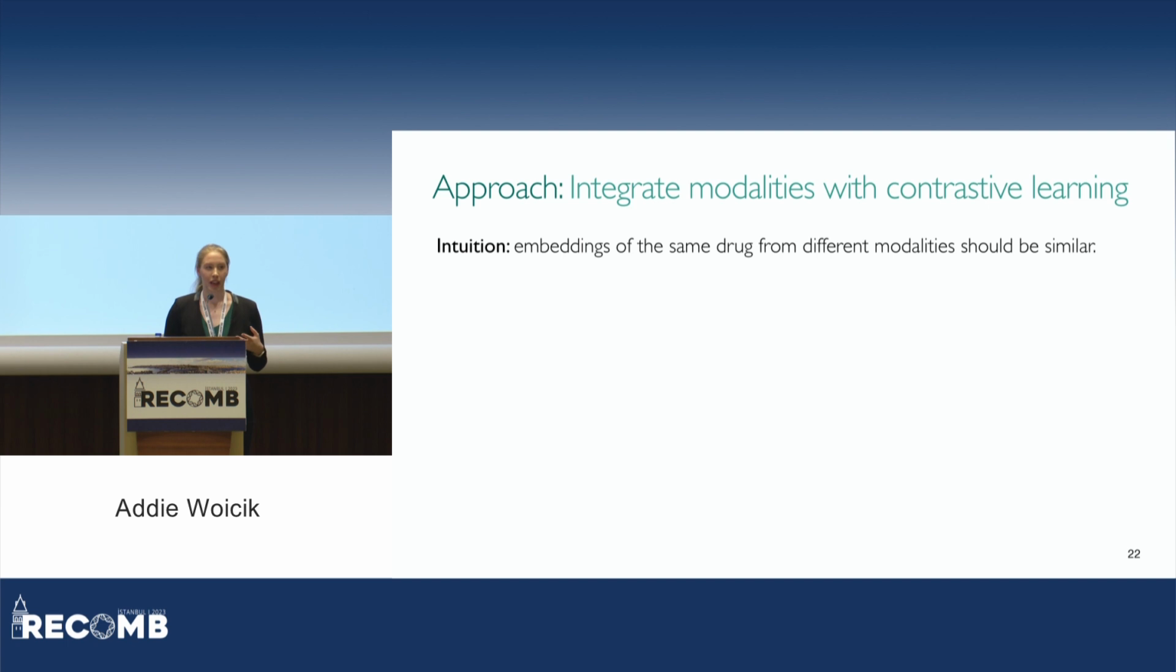The intuition that we can have here is that if we have any given drug, but multiple modalities to represent the same drug, embeddings based off of those modalities should be similar. And in order to define what similar means, we can add that embeddings of different drugs should be different. And this connects very nicely to the field of contrastive learning, some of which we've gotten to hear about